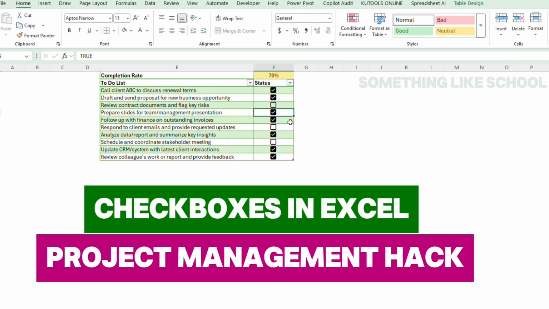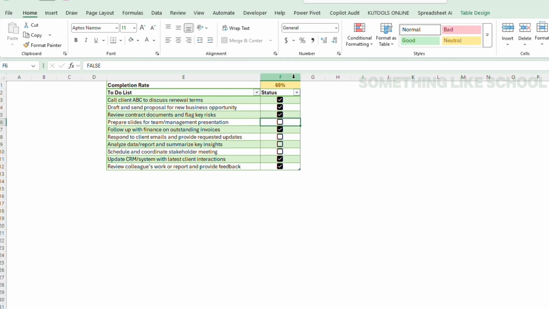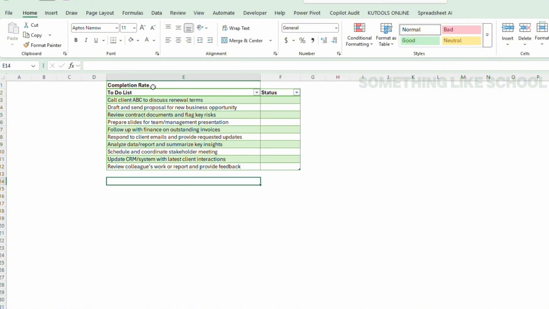Today, I'm going to show you how to use checkboxes in Excel to track your progress or your to-do list. I'm also going to show you how to format your cells so that the color changes as you progress on the task. What you want to do is, let's say you have a list like this and you have your status bar. Highlight this and go to Insert